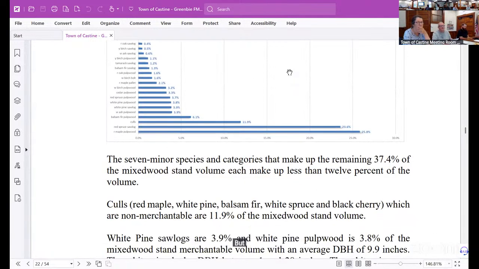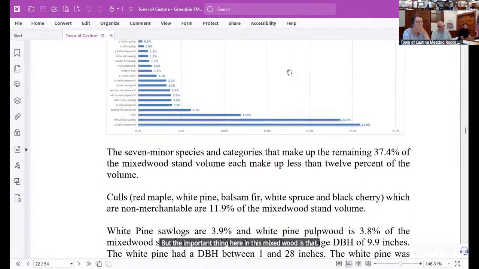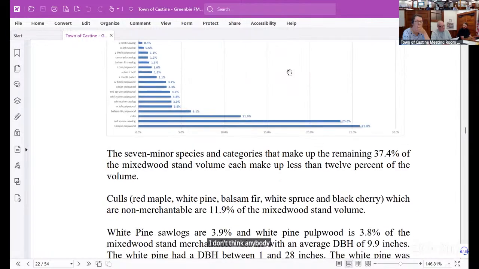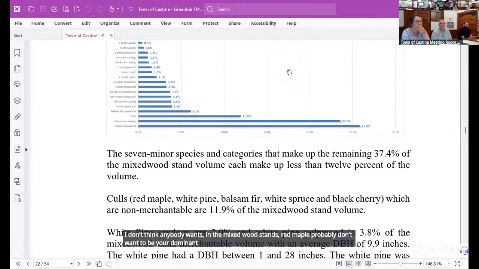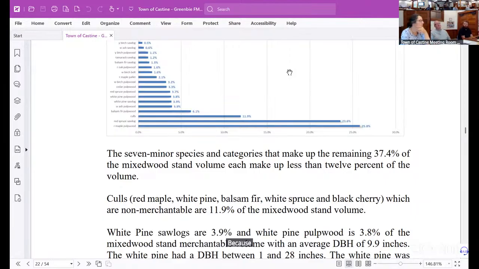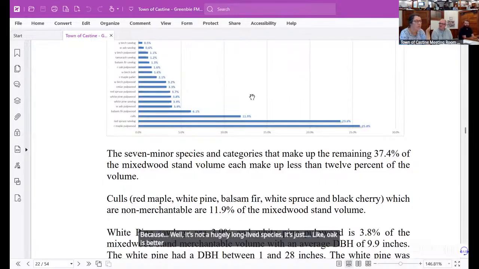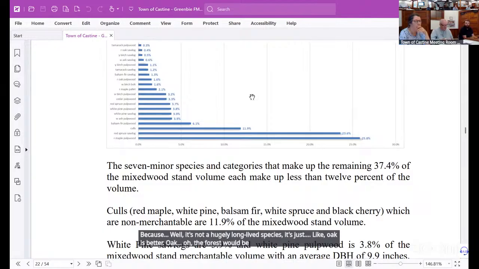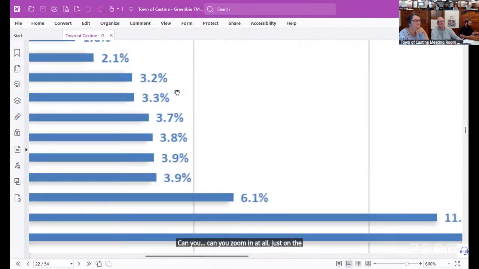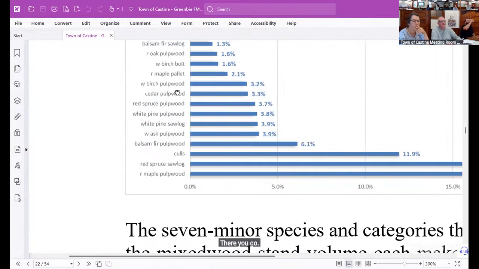But the important thing here in this mixed wood is that in the mixed wood stands, red maple probably isn't what you want to be your dominant species if you can help it, because it's not a hugely long-lived species. Oak is better. I'd have to really look at the full data, and like I said, I haven't done all that. Can you zoom in just on the chart? There you go. And this to the left, we don't even need to see the numbers,